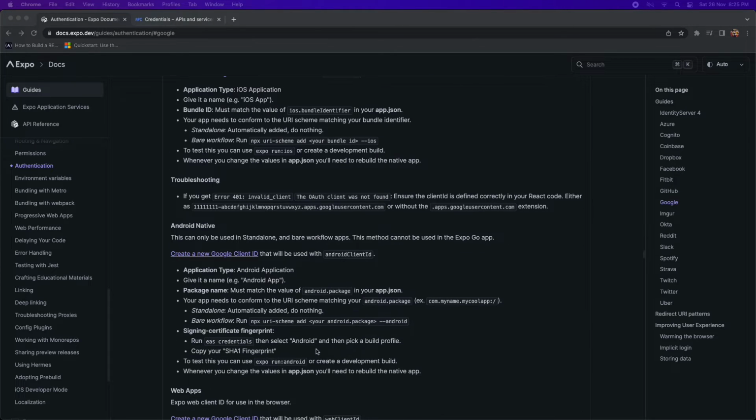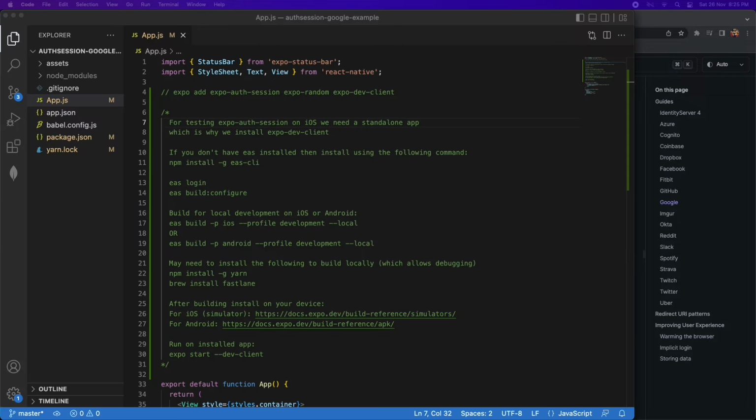Android and iOS. My previous version of this showed a bug that was stopping you from authenticating with Google in a standalone Android app, but from now on it's been fixed, and so you should be able to authenticate with